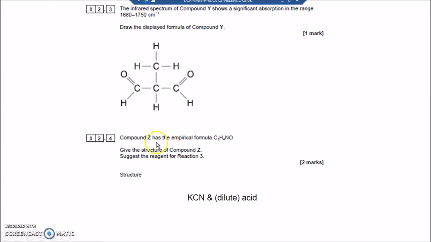Compound Z has the empirical formula. Now remember, an empirical formula doesn't necessarily mean that's its molecular formula. It could be double or triple that. So if it's C3H4NO, well, there's 5 H's in that already. There's 2 O's, so I think it's double that. C6H8N2O2, 2 N's and 6 H's. So if I've got 4 C's and it's going up to 6 C's,